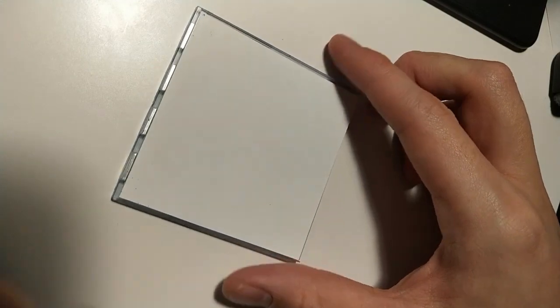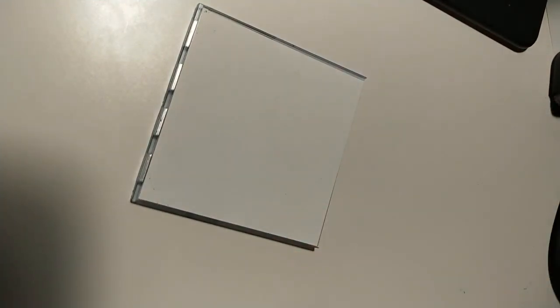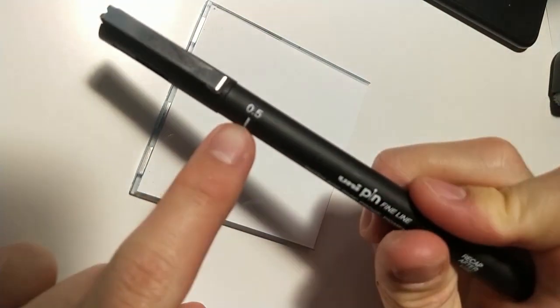Hi guys, I know many of you are interested in knowing what kind of pen models are most useful for our Mover Erase. So today I have some suggestions for you and a little bit of explanation. We actually included some suggested pens during the backer survey period, which backers were able to add. One of those examples would be this Uni Pin Fine Line series, which we have included